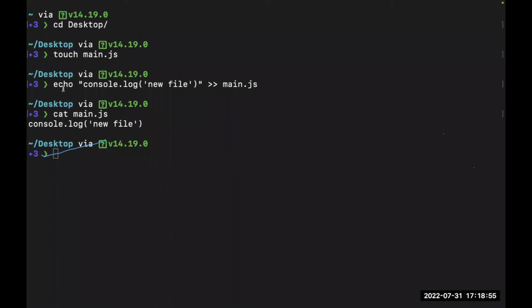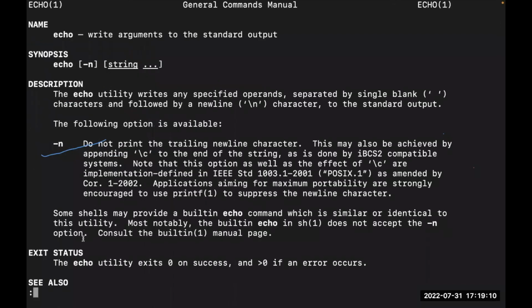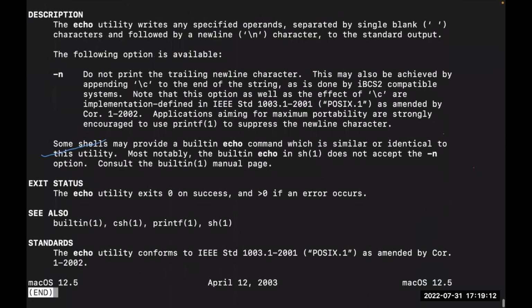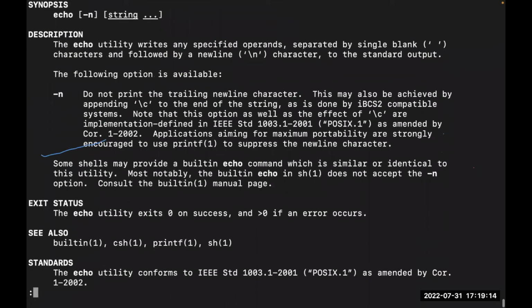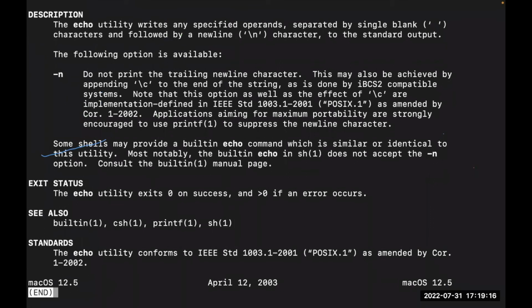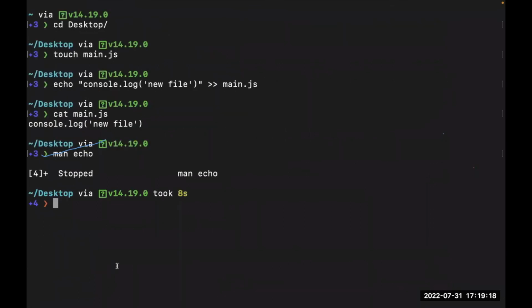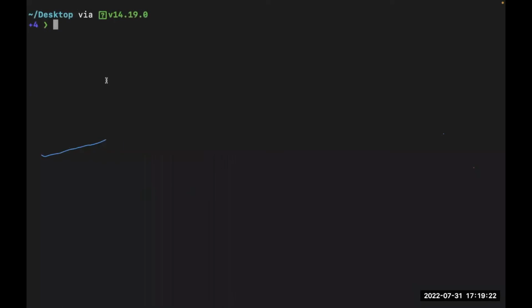So we usually use it for even appending environmental variables into the .env files, for those of you that know what that is. But basically it has more functionalities, and of course you can read up the functionalities from the man page, right? Man echo, and then you see a lot of things you have in here. Yeah, but let's quickly close this for now. Let's clear this, and we'll proceed. I'll show you some examples when doing bash.